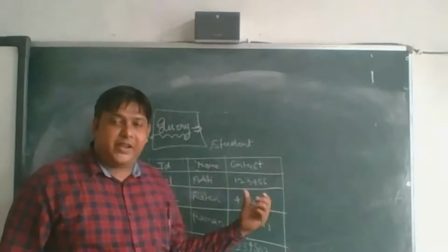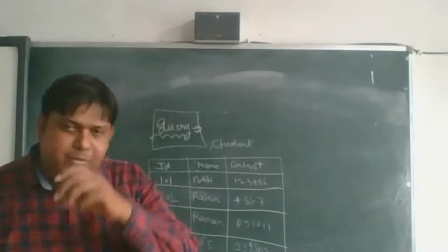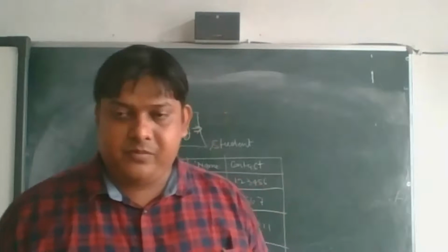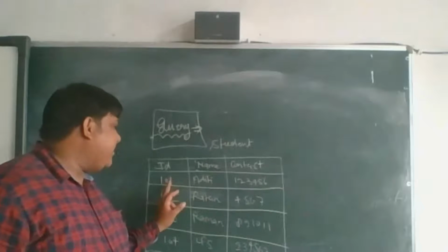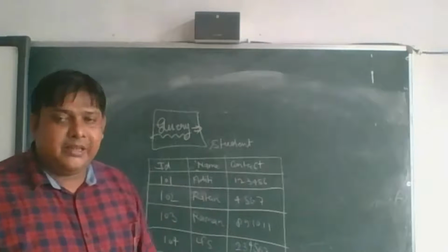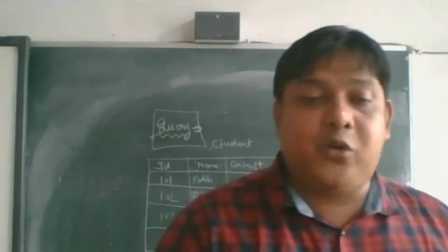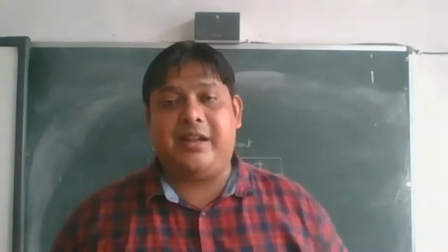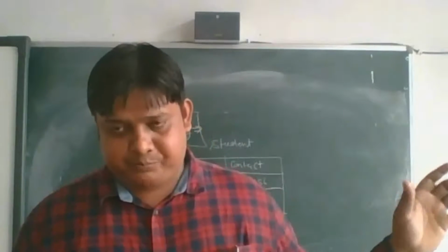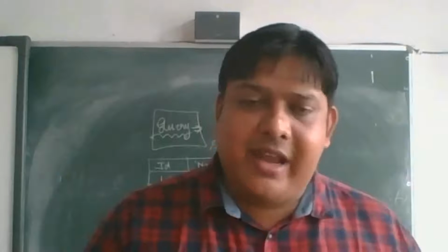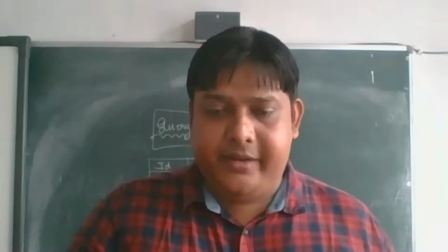If we are making one query, okay, what is the contact number of ID 101? So who will give the answer? The database has to tell the contact number of 101. So whenever we are generating questions, whenever we are going to retrieve a value from the database, we have to ask in the form of a query. So we can say the query is a simple way to ask for a value from the database.